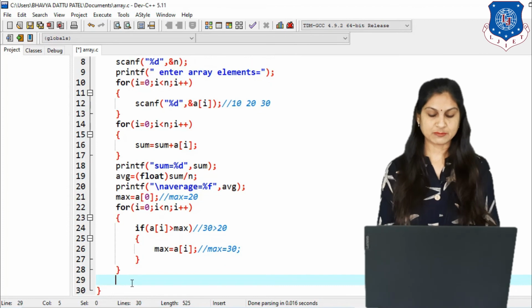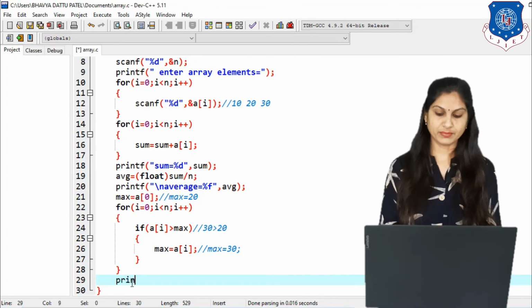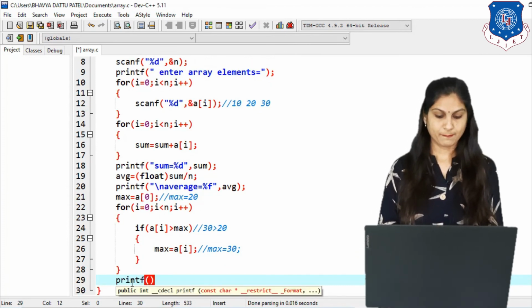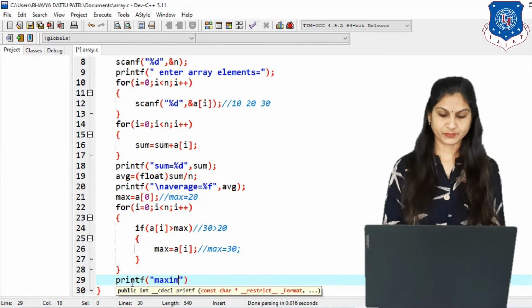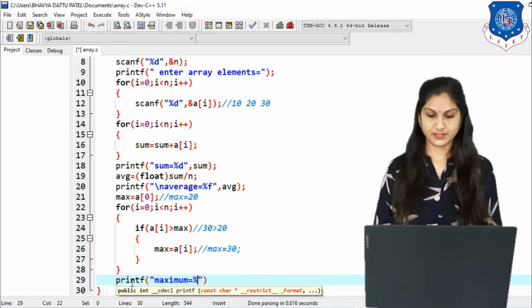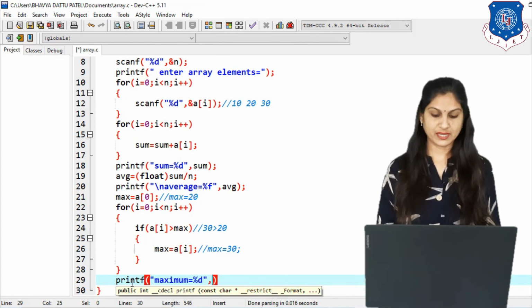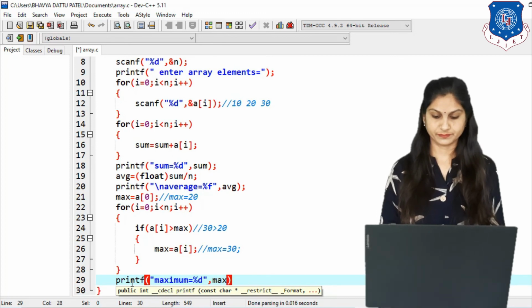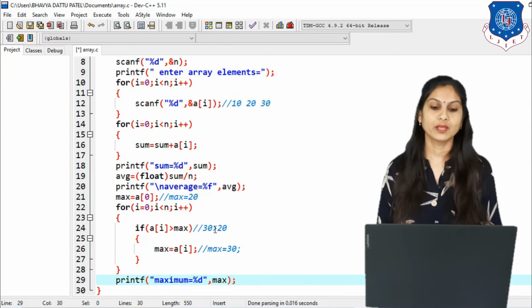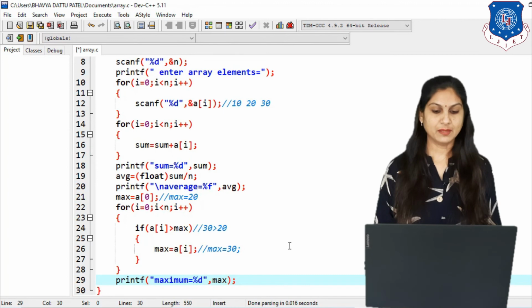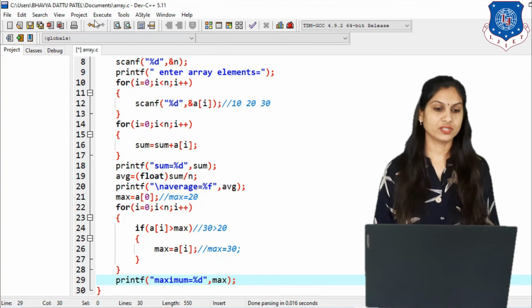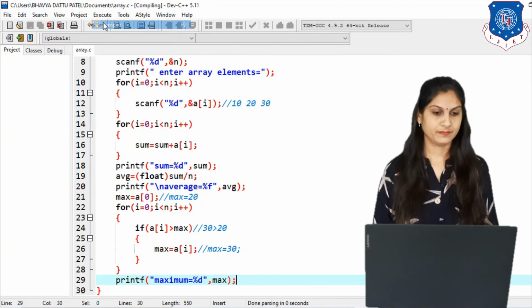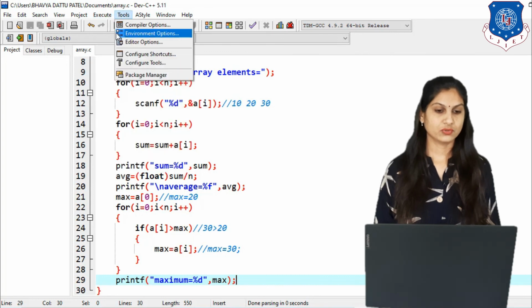Clear? So we have to display this value using the printf function. Maximum equals %d, in which variable is it stored? In max. So this is the program using a one dimensional array. Now execute this program. No error, so you can run it.